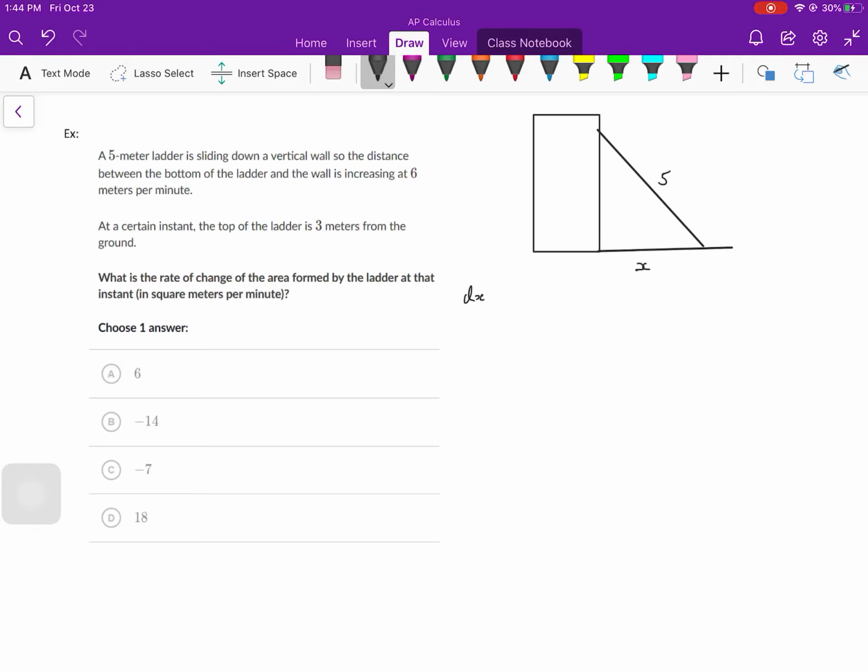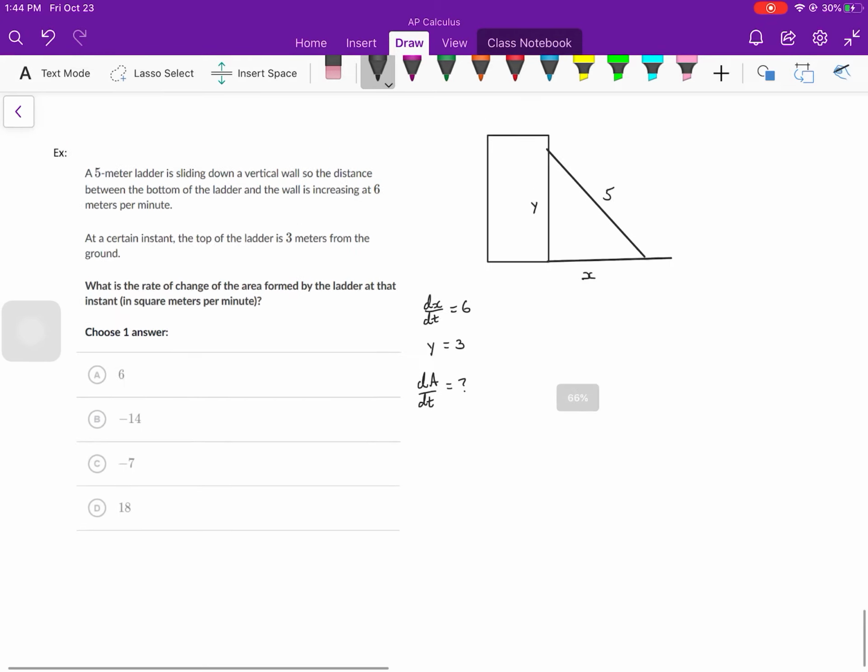So that distance, dx/dt, is increasing at a rate of 6 meters per minute. So it's really slowly falling, it seems like. And at a certain instant, the top of the ladder is 3 meters from the ground. I've always pictured these like the ladder just drops to the ground at the speed of gravity. So that distance from the top of that ladder to the ground, we call it y, is 3. They want to know what's the rate of change of the area